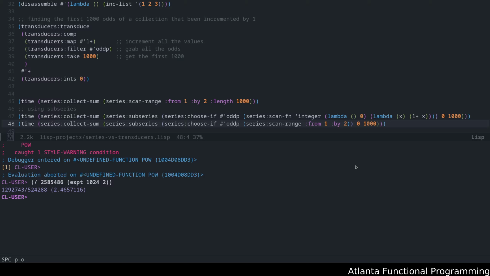Additionally, there were a couple of questions related to the fact that he was surprised that, when compared with series, there was a significant difference in how much cl-transducers was consing compared to series itself. Now, part of this is related to, for folks who have been following along and have seen our series on series, no pun intended,